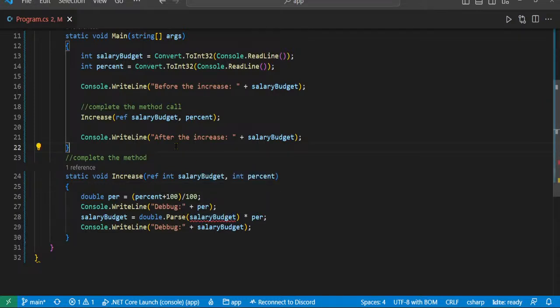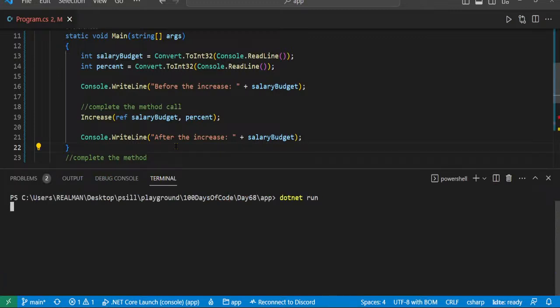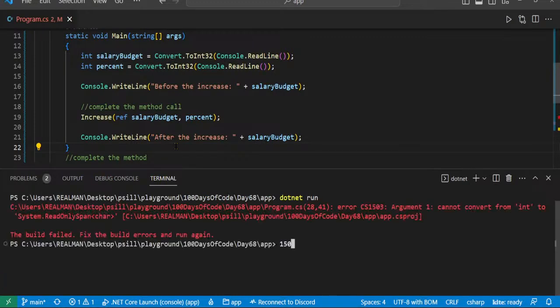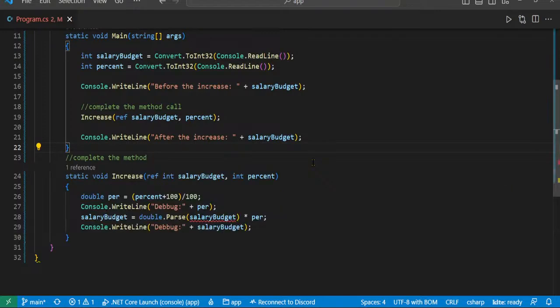Let's run our code and see what's going on. What? Didn't work at all. Can't convert from int to system. I read only. So this is read only. Can we multiply double to